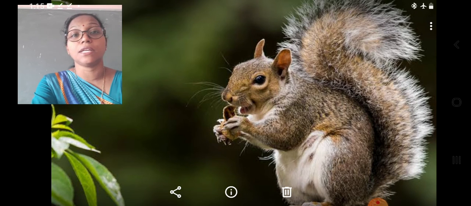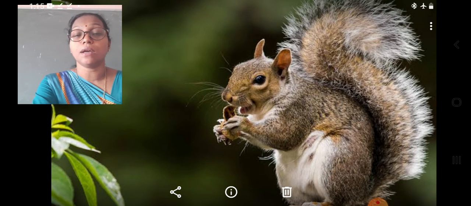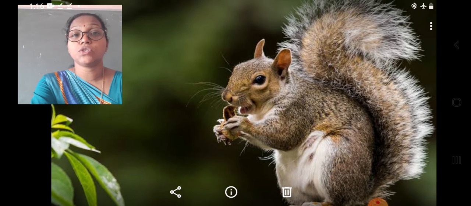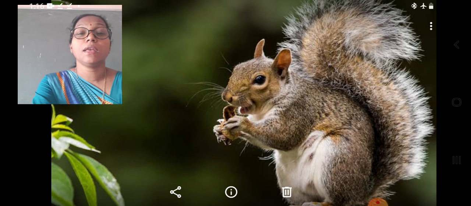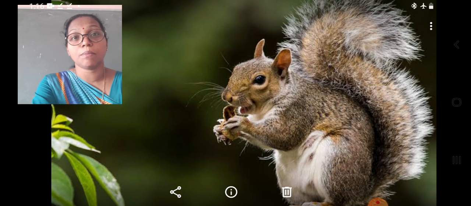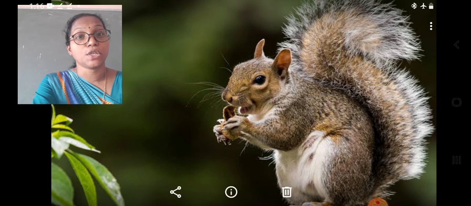We can say that the deciduous forest supports a vast variety of flora and fauna. Flora is the plant life and fauna is the animal life. Among the flora, in the Asian countries, sal, teak, sandalwood trees are there. Among the other regions, the trees are the beech, maple, chestnut, walnut. Eucalyptus trees are there, and many other species of plants, medicinal plants, all are present in the deciduous forest.